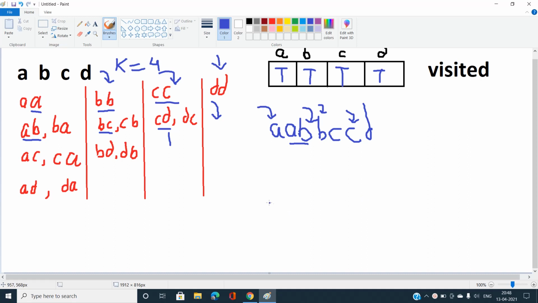That is, if I have printed the character, that is, I am going to write, if I printed the character AB, can I print the character BA? If and only if I can do this, only when the character S of I is not equal to S of I plus 1.